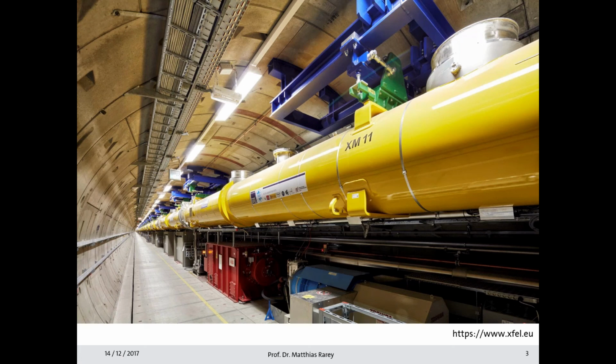Although I'm not an experimentalist, I find this really amazing. If you talk to the scientists who work with this machine, they hope that in the future they will be able to make a single non-crystalline molecular structure determination and even produce time-resolved structures, so that you get into really recording molecular movies. This will certainly take some time, but I think this is a very good point to start, because we